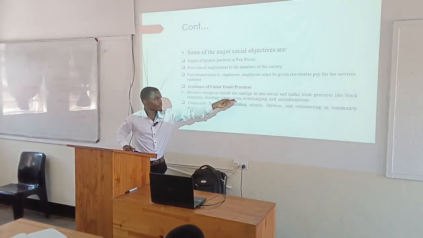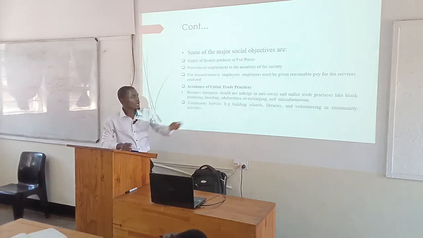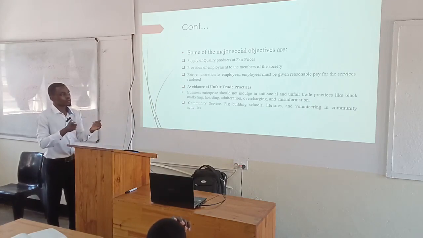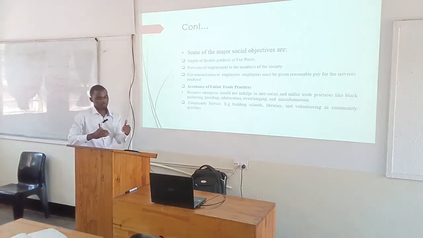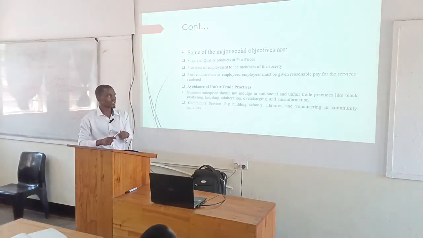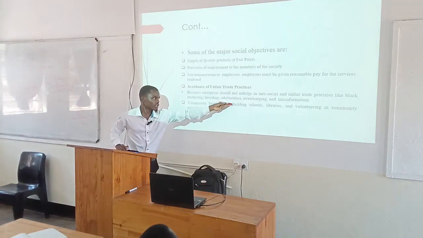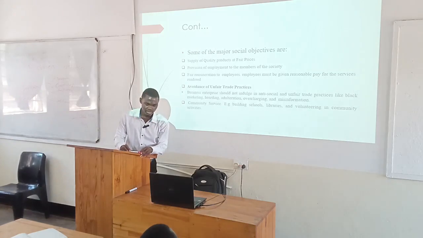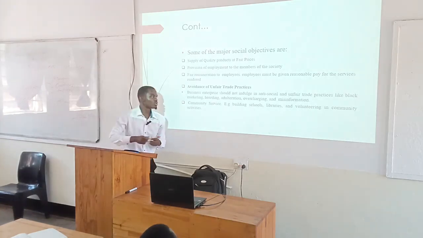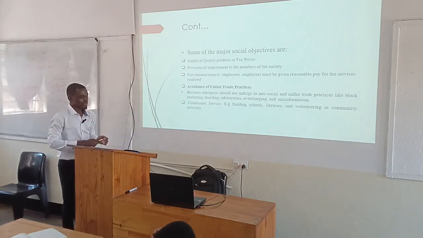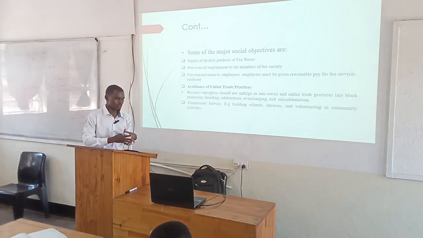Adulteration is also another unfair trading practice. This is a process of compromising the quality of the product. So you can have a product which is of high quality, but then you are putting certain ingredients into the product in order to compromise or change the overall quality of the product. So consumers are being misled about the overall quality of the product just because of this process. You have put a certain ingredient within the product which has affected its overall quality.